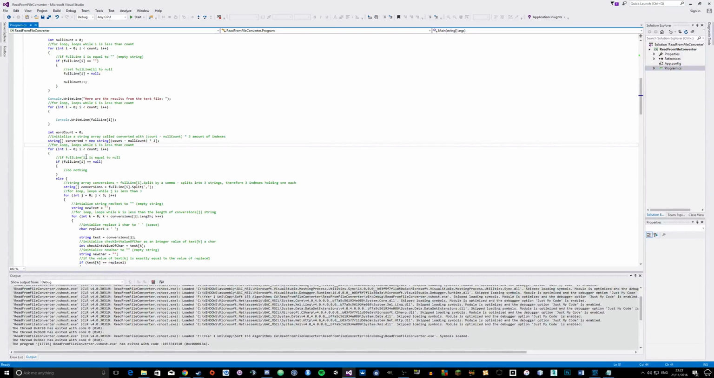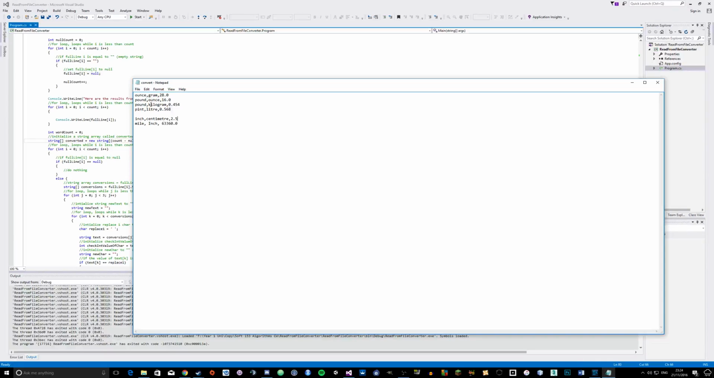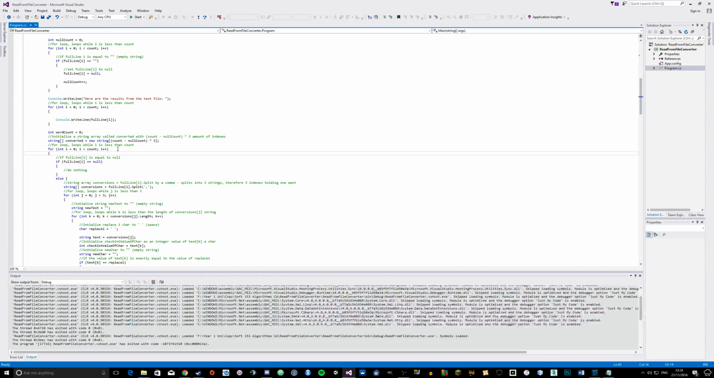oh yeah, this gets a bit complicated here. So I create another string array called converted this time, and I take the count so far minus the null count and times this by 3. The idea there is each line has three parts to it. If we take a quick look back again, we've got 3 parts, which is ounce, gram, and the number 28. So my plan was to separate each word out of each line and put it into the new array, and this is done by splitting by each comma down here,